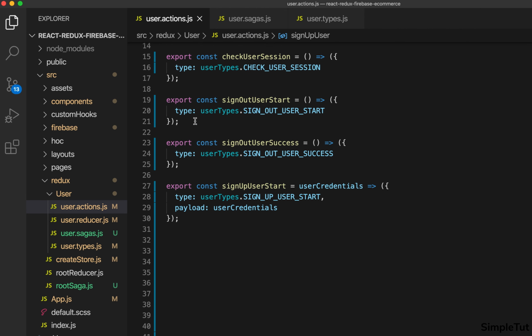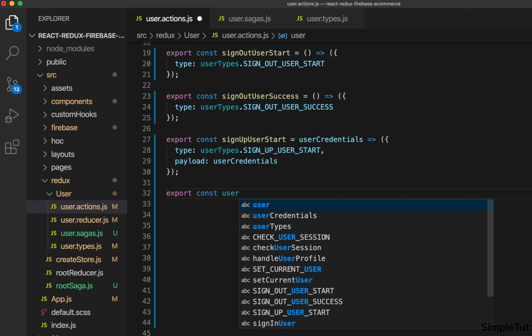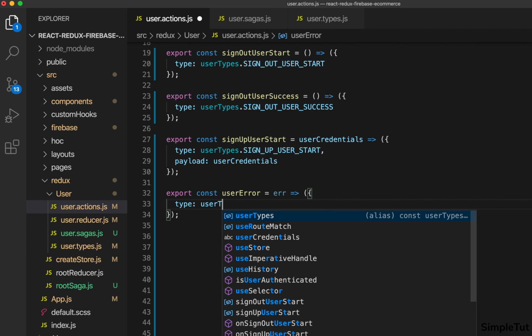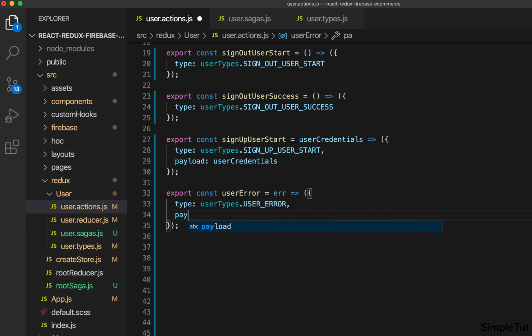And at the top of the file here, under signUpUserStart, I'm going to export const userError. And that's going to take an error and return an object, call a function that returns an object with a type of userTypes.USER_ERROR and a payload